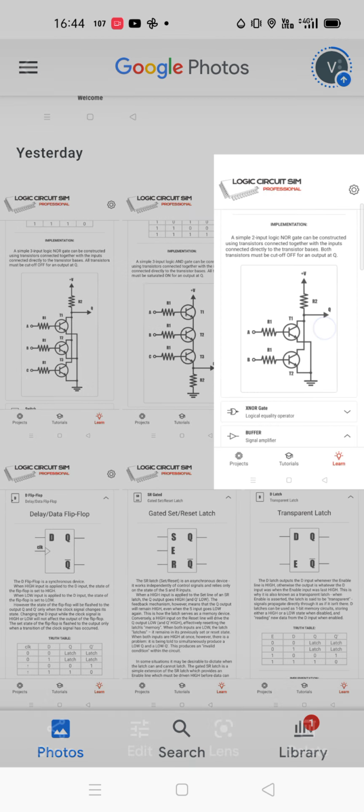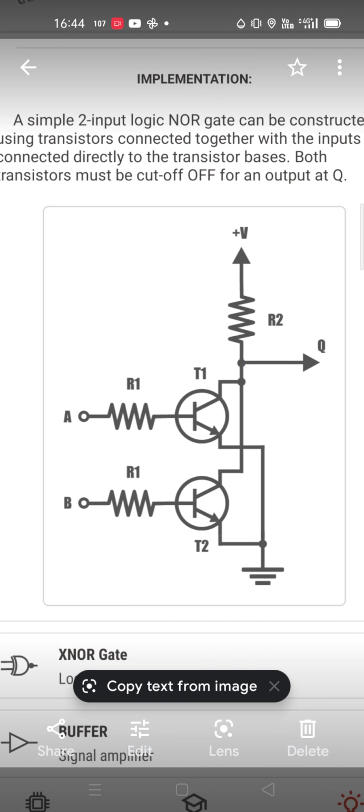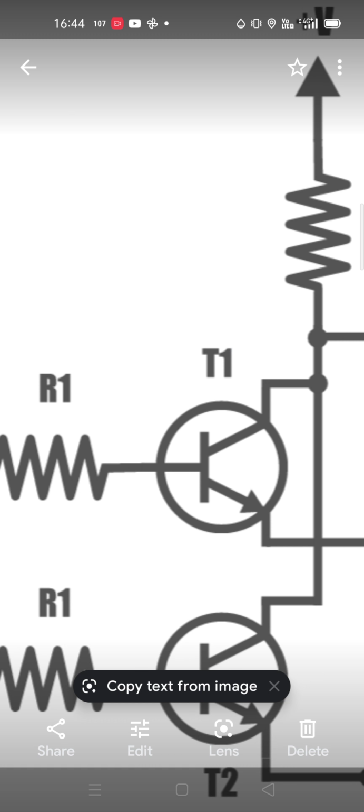Okay, now I'm showing you another kind of thing with just two things. Okay, this is how it is implemented. This is an XNOR. I think it's a two-input logic NOR gate. Okay, this is how the circuitry is made for an OR gate. So the T1 has a plate which I told you about. So this is the plate. Okay, this is the center part.